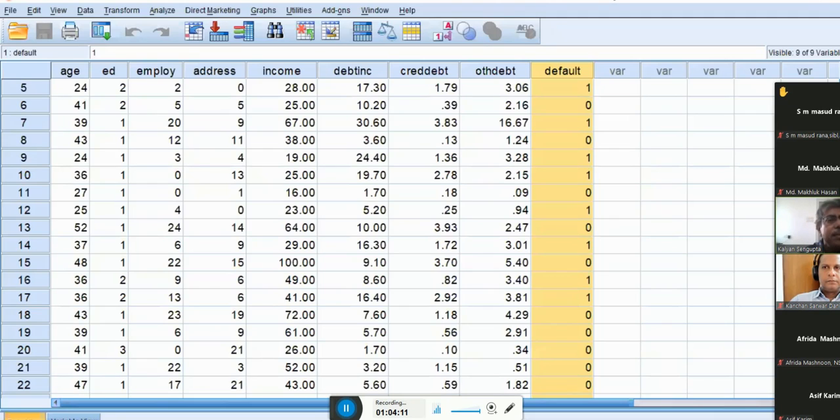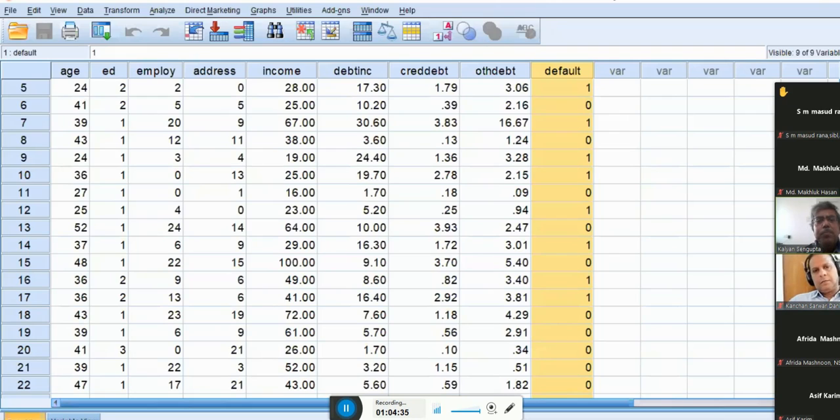Had you used SPSS, you would see that it is not very difficult, it is menu driven. You just go to Classify, because we want to classify this as yes or no, and in the classification there is a tree model, a decision tree model. So I use the tree model.